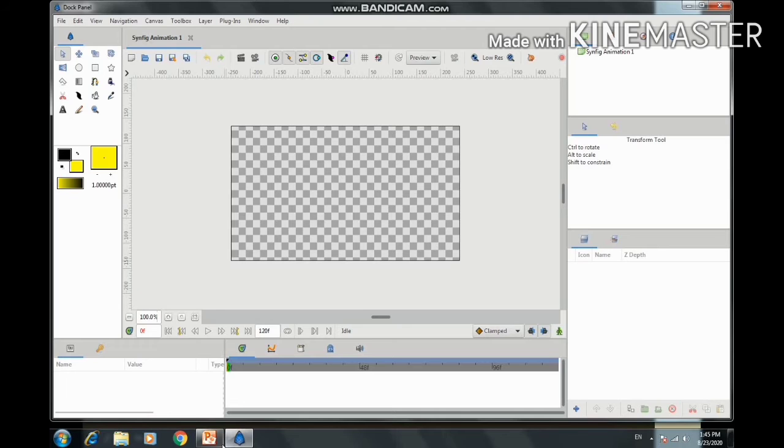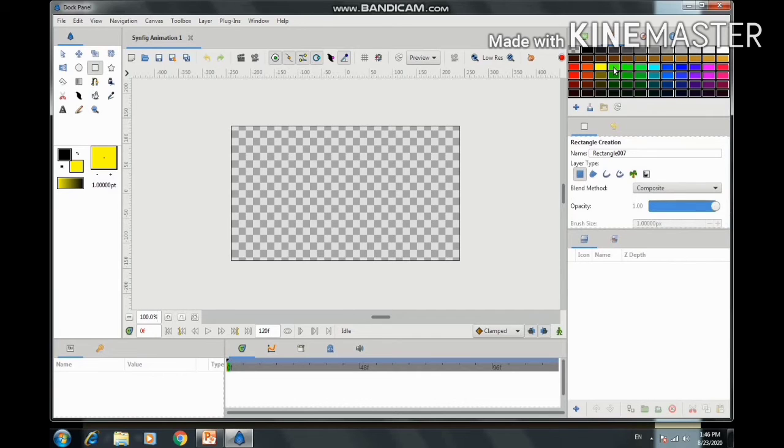See, first is the layers panel. So suppose from here I am selecting one tool, that is the rectangle tool. As soon as I select this tool, I can see different tool options of the rectangle tool. What is the blend method, what is the opacity, then feather, expansion, all these things. Now suppose I am creating a rectangle from this palette editor. First of all, I am selecting the color. For example, I am selecting blue color